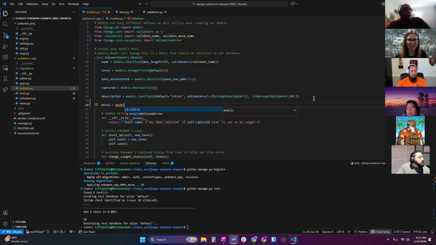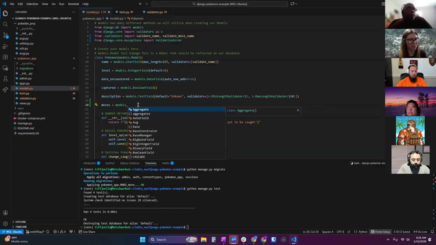Everything is models. It's inheriting from models. It's a method of models to create these fields. And we can see it starts trying to suggest some fields for us, right? We've used character field, integer field, date field, whatever. This is going to be a different type of field. This is going to be a relationship field now, because it's going to be an ID, a foreign key.